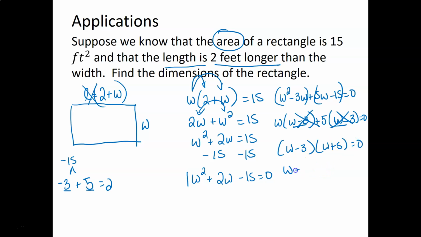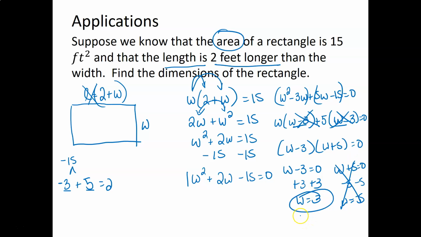Now I'm ready to solve. W minus 3 equals 0. W plus 5 equals 0. Add 3 to both sides, so I know that the width is 3 or the width is negative 5. But often when we have a word problem, we can throw one of these out. It's not possible to have a negative width, so I throw that one out and I make the width equal